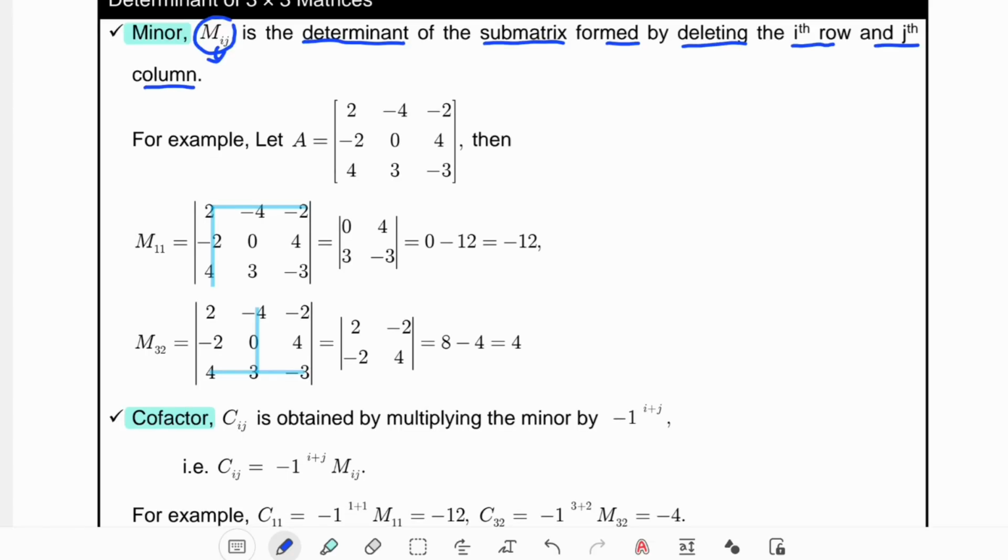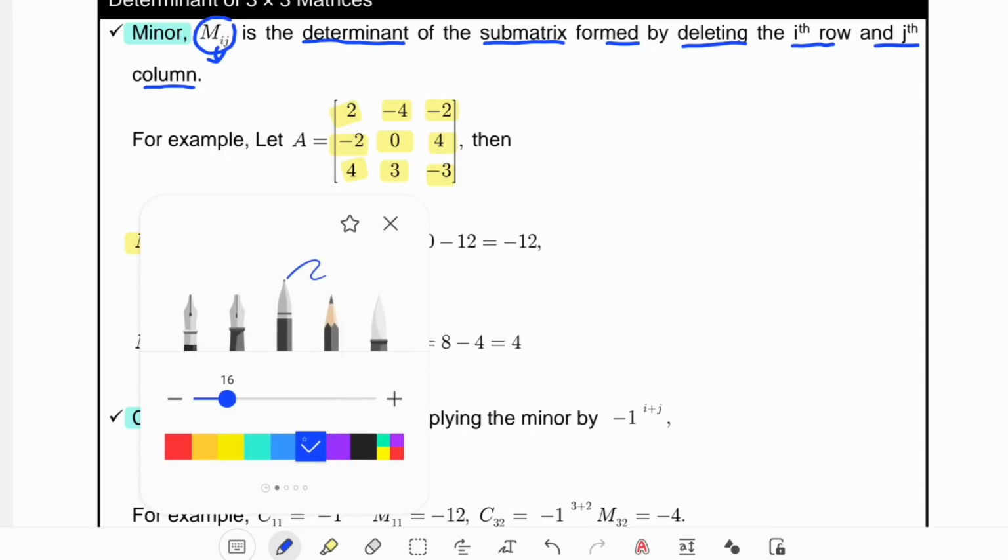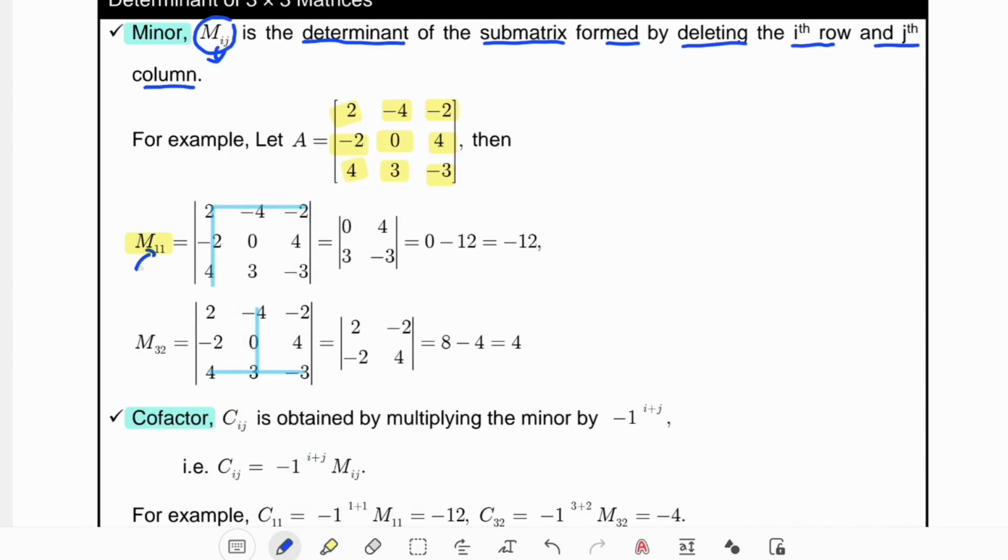if you are given this 3 by 3 matrix A, the elements are 2, -4, -3, -2, 0, 4, 4, 3, -3. Then if the question asks to find the minor of 1, 1. Okay, minor 1, 1. So what does it mean by minor 1, 1? So 1, 1 itself is referring to the first row and the first column. The first value stands for the location of the row, the second value for the location of the column. So that means that